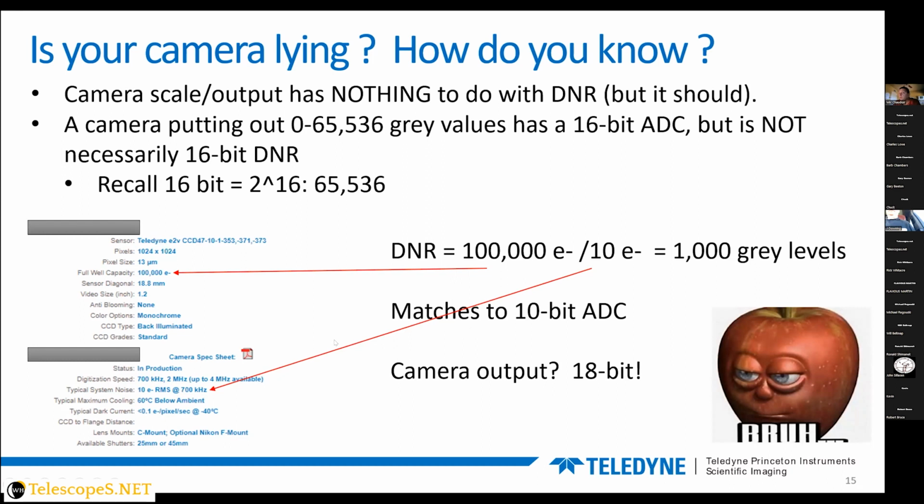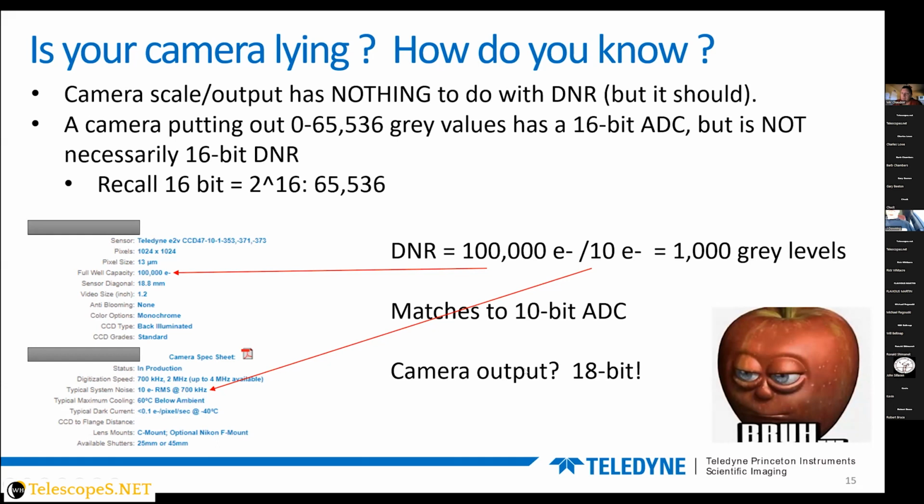The gain is 1.13 electrons, which when I do the math means that the camera is putting out on an 18-bit ADC. So you've got a camera that's actually 10 bits, right? Because 16 bits is 65,000 gray values. If we think about that, go to 14 bits, it's half that, 32,000. 12 bits, it's half that at 12,000. You go half again. So really here we're at about a 10-bit camera at 1,000 gray levels, and it's outputting